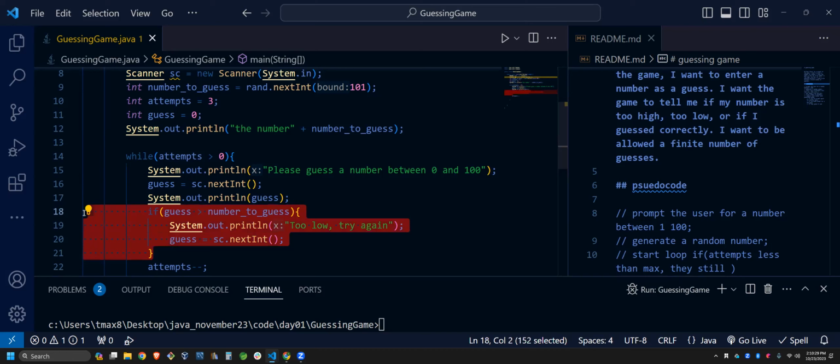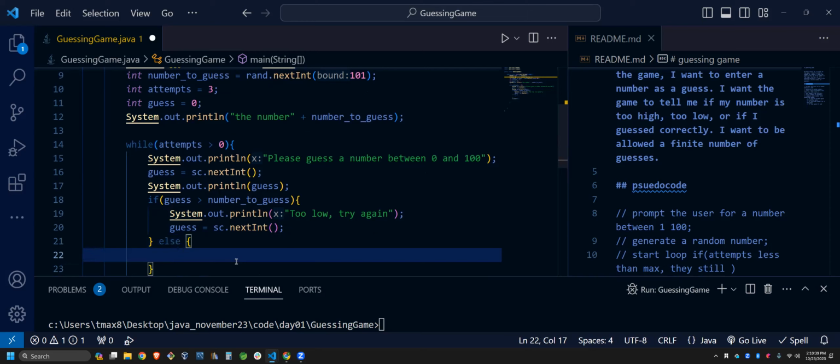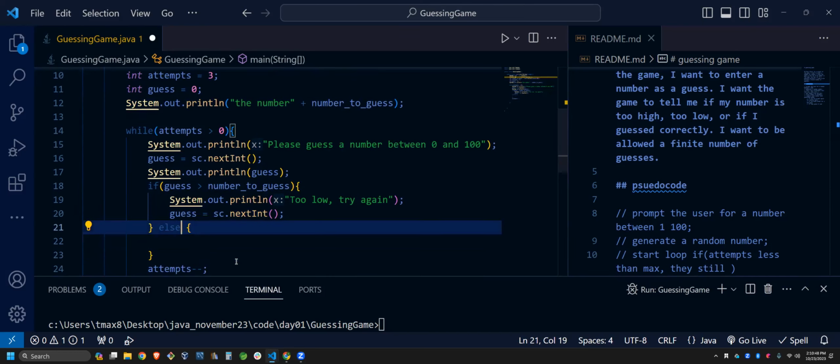Else. Or we could else it. And then basically copy and paste the same thing except for make it less than. System out print too high. I'm thinking we need an else if here, right? Because there's 3 conditions we want to check. We want to check if it's too high, too low, or if it's the number. If they guess it, we're done. We want to print a different message. So we could do else if